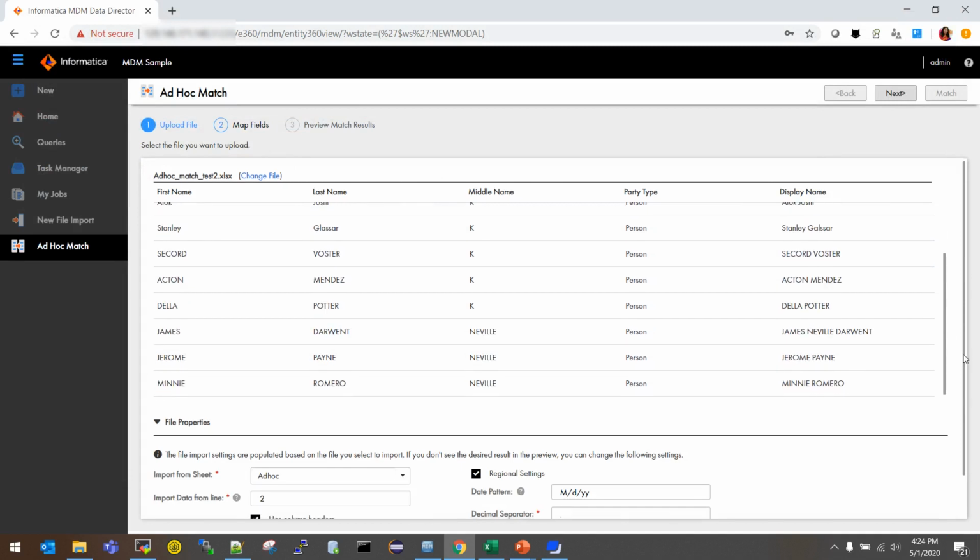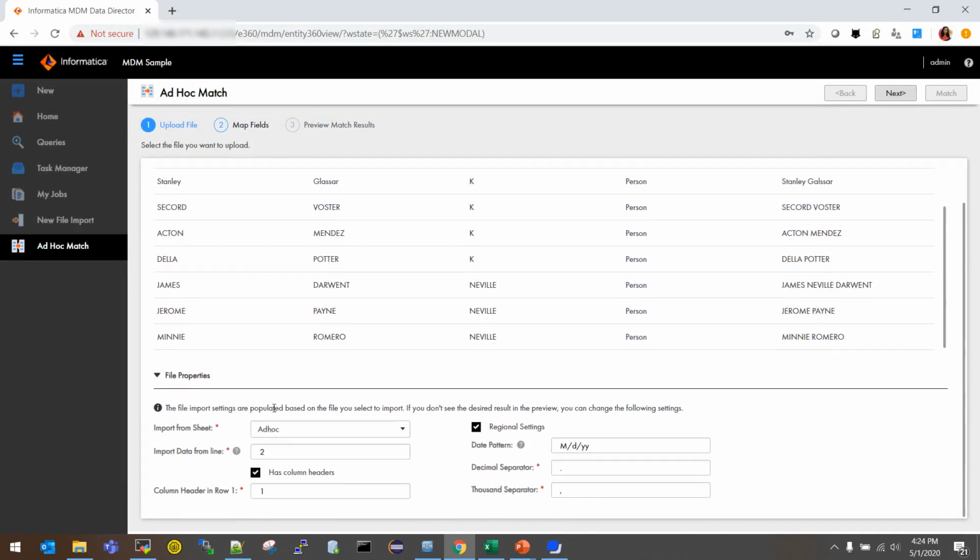And then the panel below here are the file import settings or the file properties, which are populated based on the file you select to import. The first property is the import from sheet, which is applicable for Excel kind of files, which tells you what sheet name you'll be importing data from. Then there is import data from line, which says from which line you want to import the actual data from. And then there's a property that says has column headers. So if your file has column headers, you click on that and select